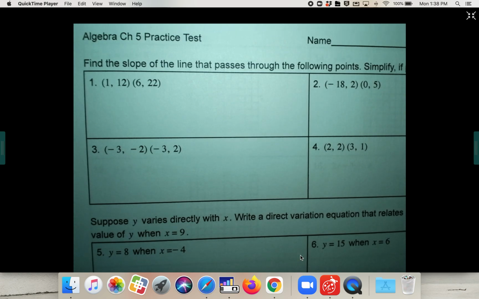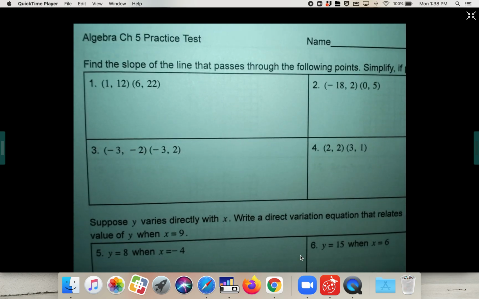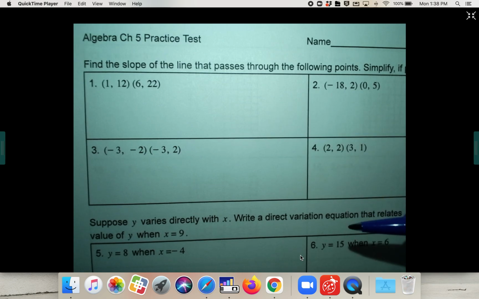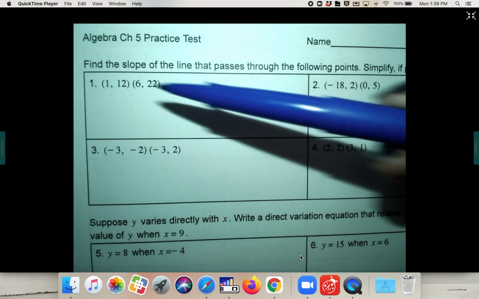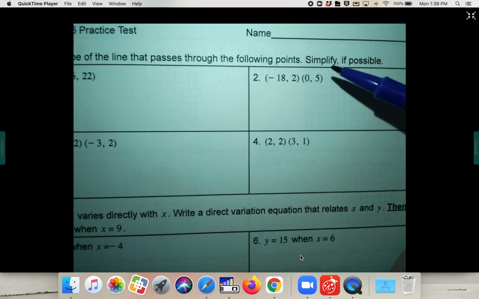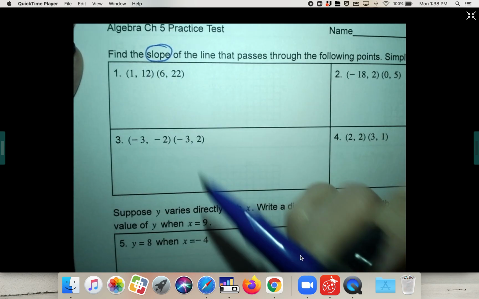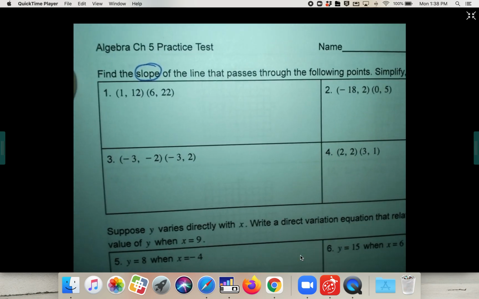Your Algebra Chapter 5 practice test. I'm going to work it out with you. Numbers 1, 2, 3, and 4 say find the slope of the line that passes through these points, and be sure to simplify if possible. First of all, if you're not sure what the formula for finding slope from 2 points is,